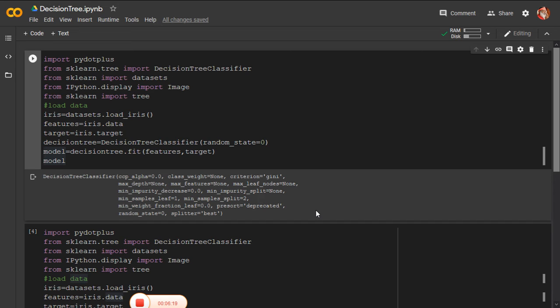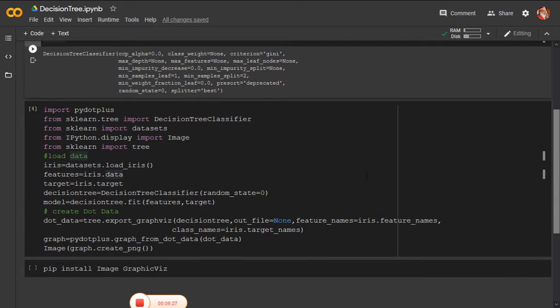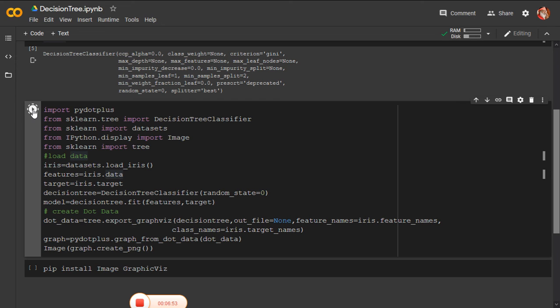Using these features or these attributes, I have to construct a decision tree which results in a best split node. So for this I am using pydotplus as well as Image. Whenever you are using a Jupyter notebook, you have to separately install this image and graphical visualization package in Python, and pydotplus is an interface for graphical visualization. So here I am loading the iris dataset, I am taking the values and I am selecting the random state as 0, and I am using both training and test datasets. So I am just running this program.